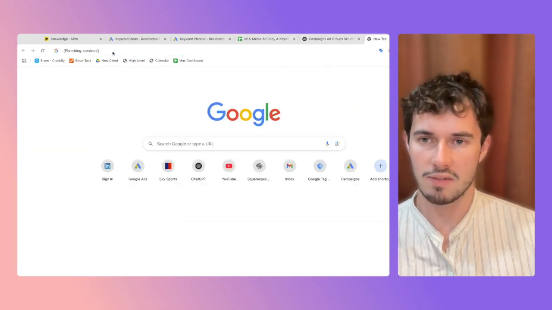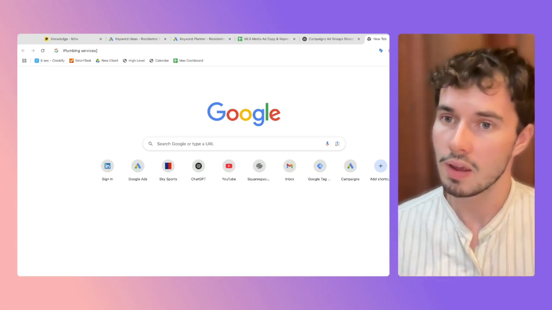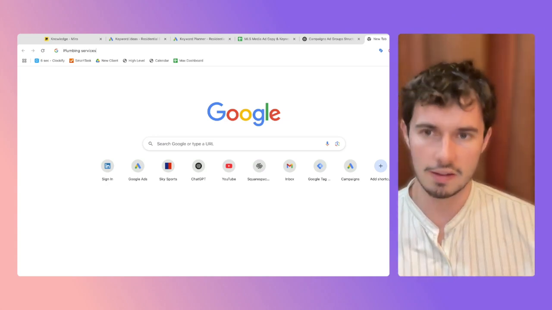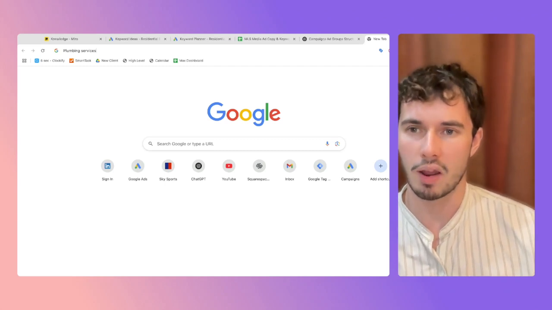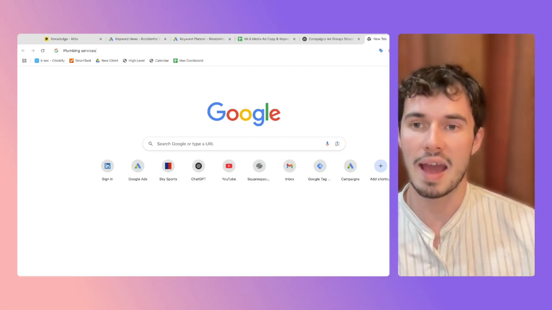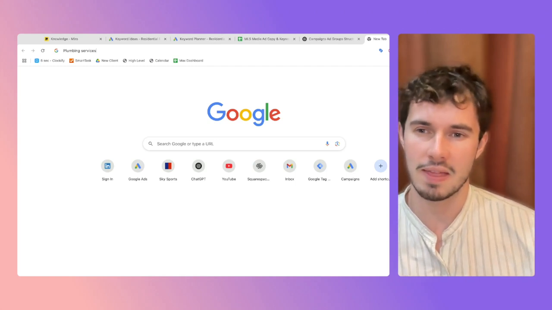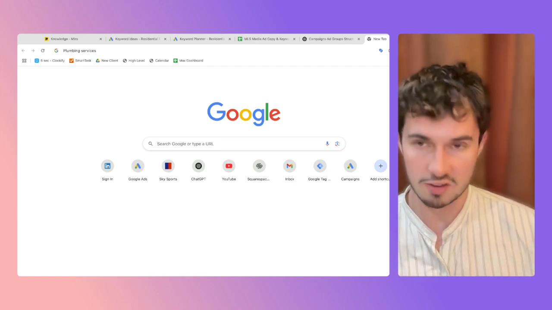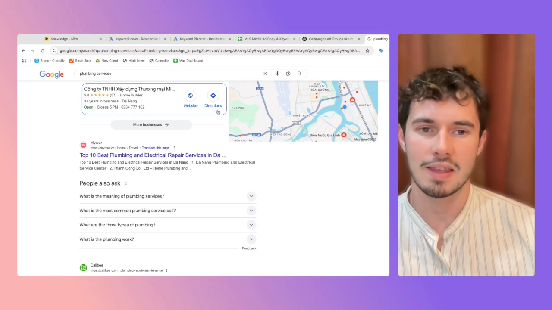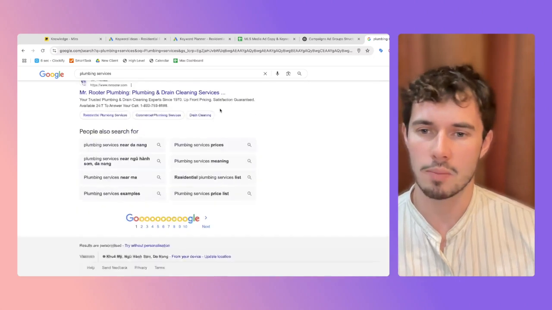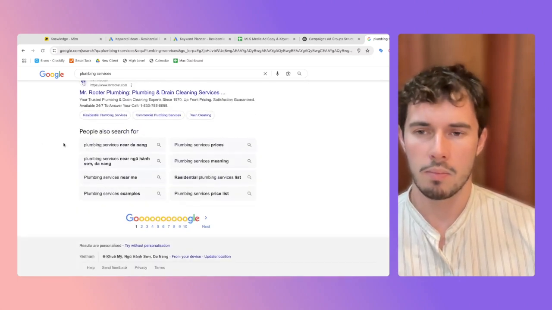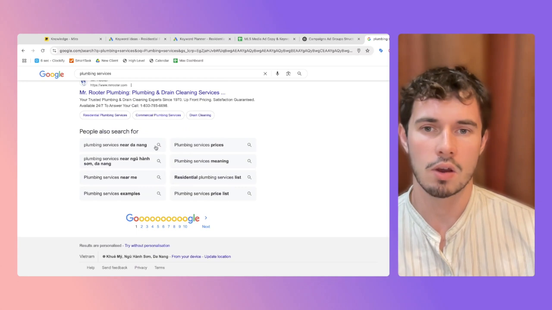Okay, plumbing services. What you can do is just use the suggested searches, and this will obviously apply to your area. So plumbing services in my area, for example, is one we could use that isn't in there. Let's also search plumbing services. And the other thing you can do is go down to the bottom of the page and see what the